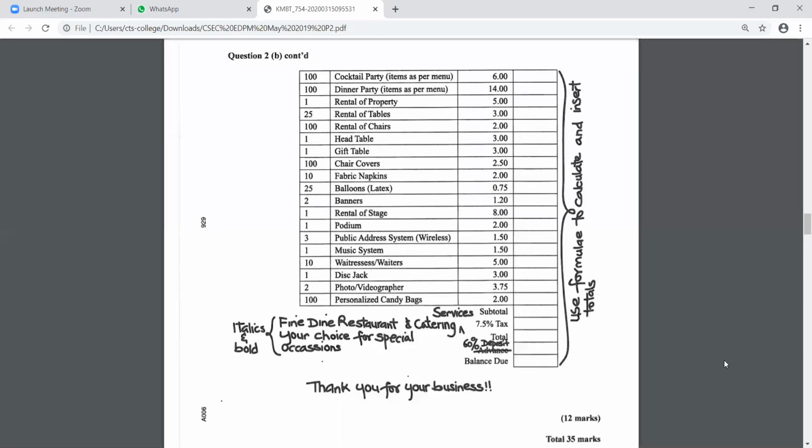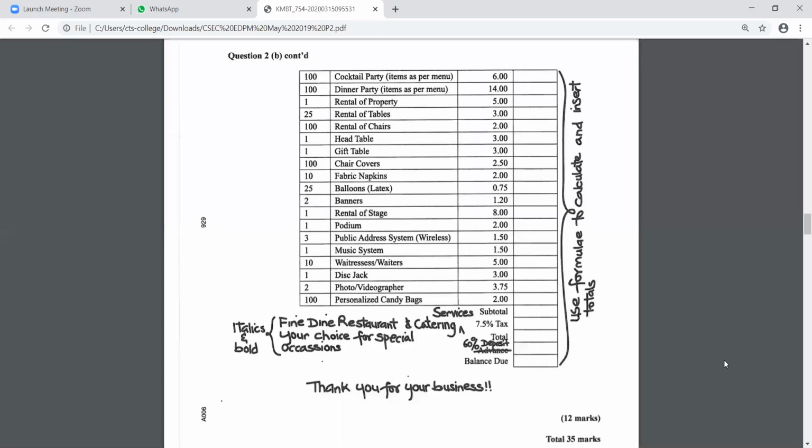Very good, Shavin. Very good. So to work out the total there, guys, all you have to do now is add two numbers. You're adding your subtotal and you're adding the answer with the 7.5% tax. Whatever those two answers are, you add that and that will give you your total. Does everybody understand so far what we are doing? Miss, you understand, right? Okay.